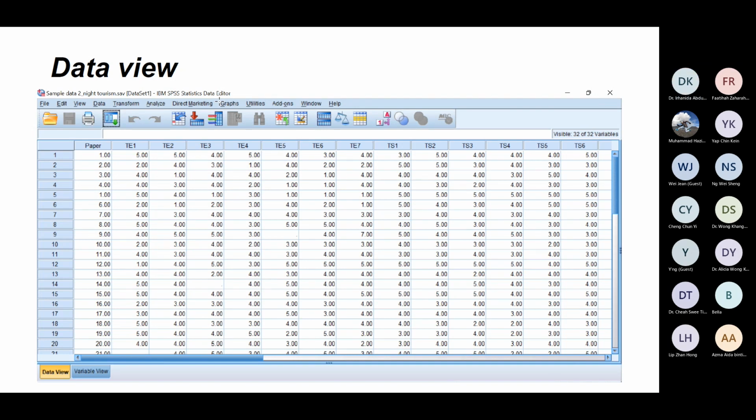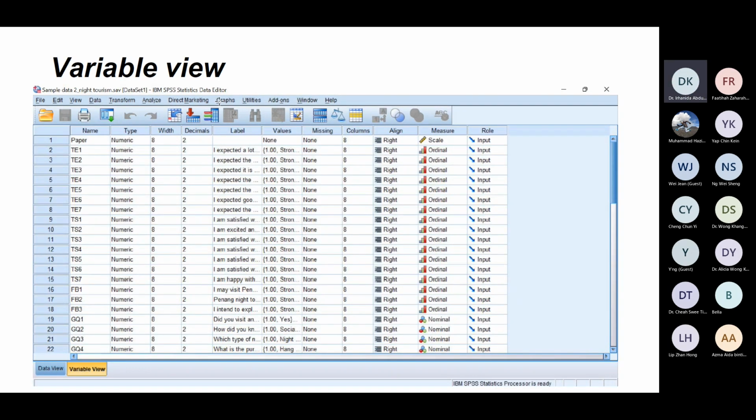Next, when you click variable view, you can see this screen and you can see how many variables I have, how many questions I have in my questionnaire. Over here is all the data information that I explained to you earlier. We have name, we have type, width, and decimal.